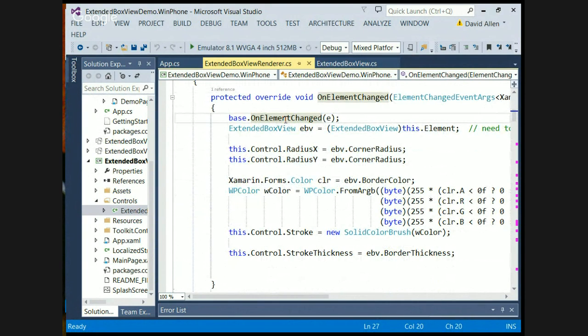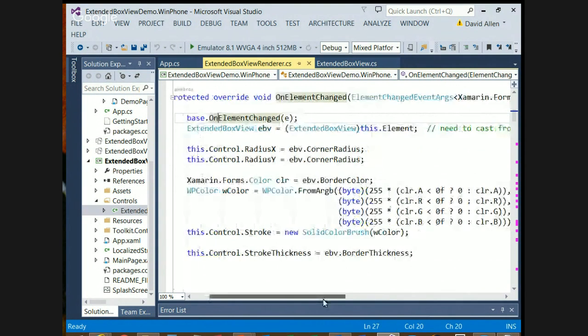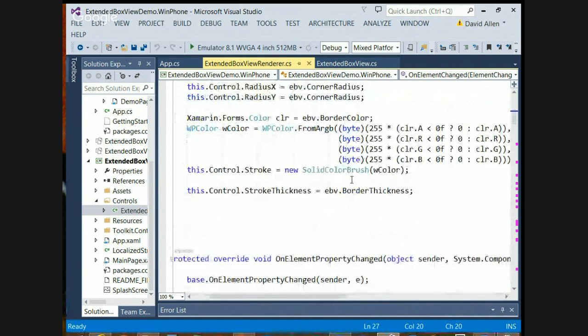First of all, we're going to call the base version of it, because remember, we're still using box view. We still want box view to draw, everything for box view to do to still happen correctly. So we're going to need to call the base version of it. Okay. And then what we're going to do is we're going to do our platform specific stuff for Windows Phone,